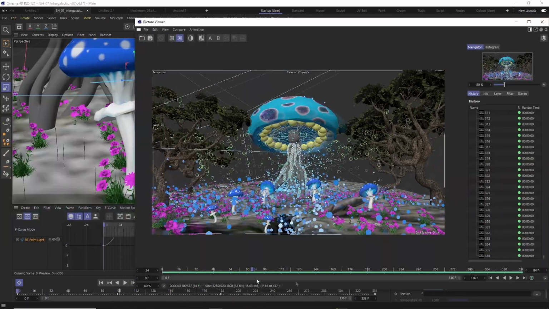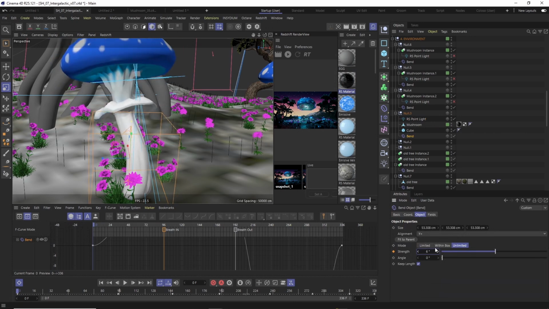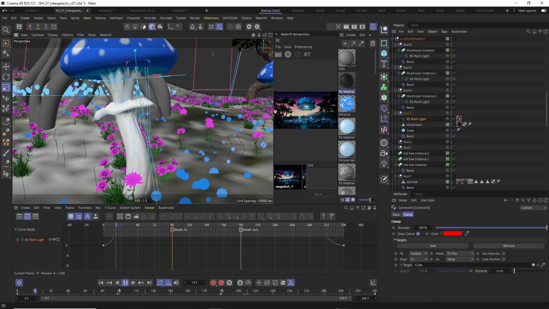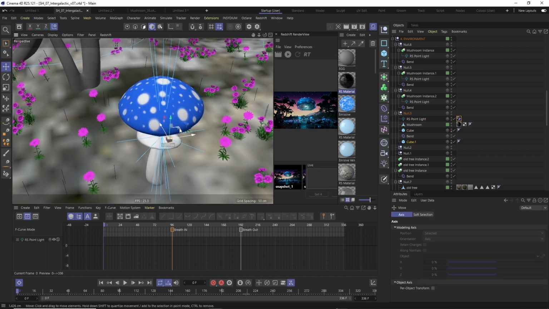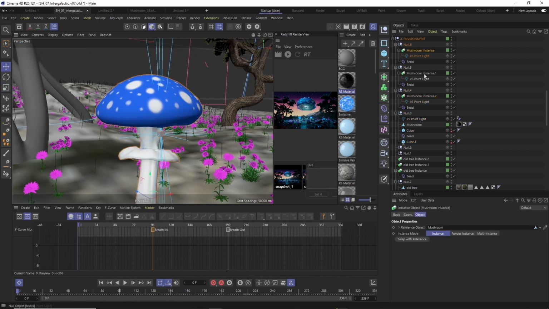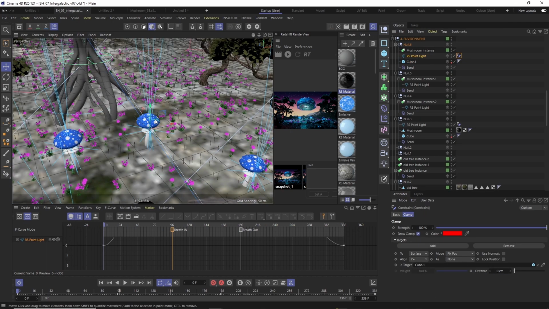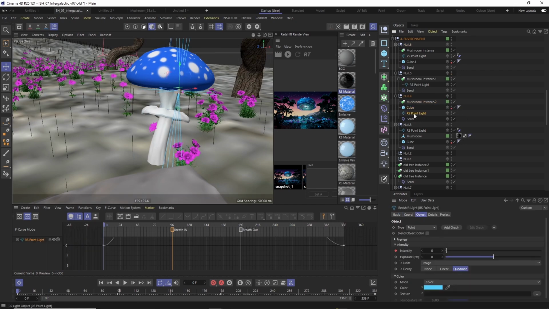Here you can see some quick stuff, how it works together. Then I decided to support with other additional elements. So I brought the mushrooms, and the mushrooms I start bending with the bend effector, but I want to have the lights also underneath the mushroom. The problem was when I start bending them, the light was staying in the same position, so it was not doing what I need. So I use